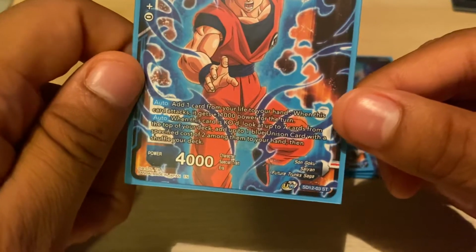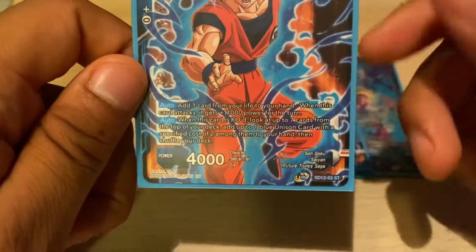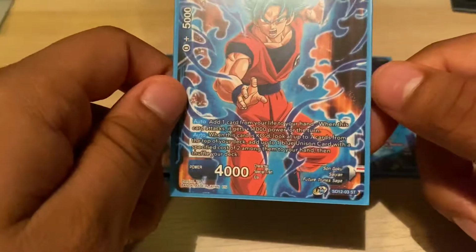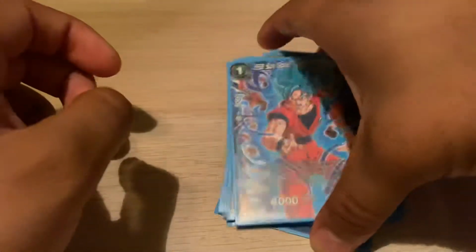For the turn. And then when he is KO'd, of course, you look up to 7 cards from the top of your deck. You choose a blue Unison with a cost of 2, which would be your Gogeta because he is a 2 cost. And then you add him to your hand and shuffle your deck. So just when he's destroyed, you can just add your Unison quicker. But like I said, you can also use his effect to get him into